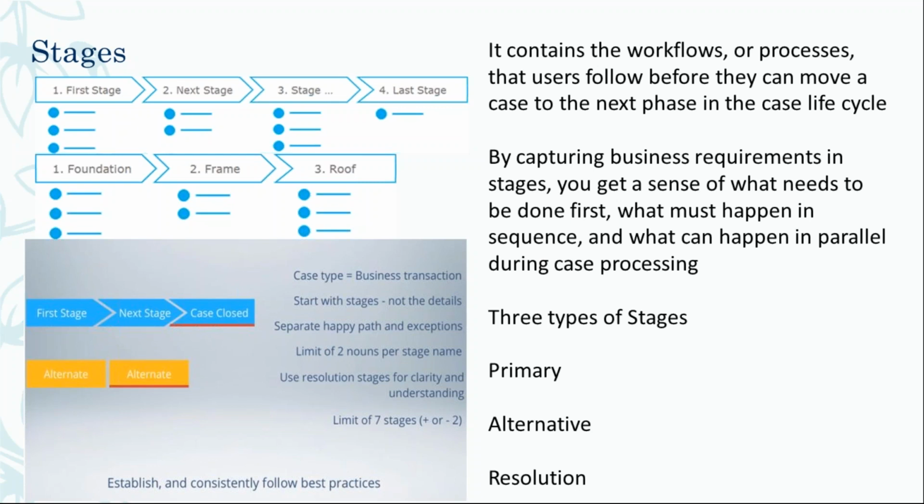So what happens if the person is going to cancel the order? He says, okay, the product which I ordered, I don't want it now, and it was not delivered, so it can be cancelled at that time. Or he has a problem with it after it was delivered, so a warranty will be invoked. So there are alternative solutions from the happy path. In Pega, that is called alternative stages, and they can be invoked from multiple places.